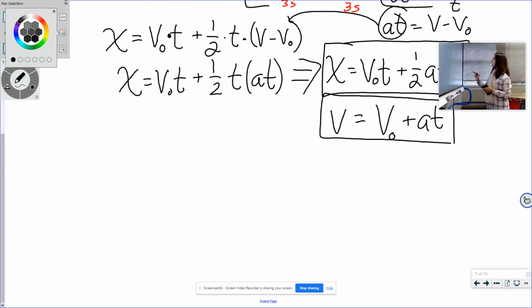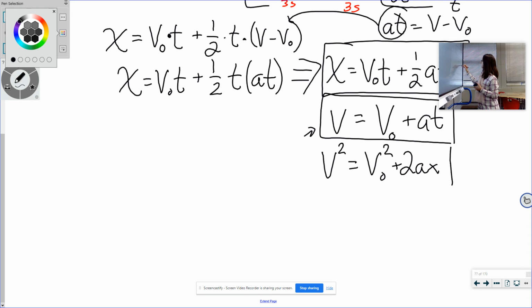Now there is a third formula, and the third formula does this. You take the second formula and you rearrange that to solve for t. And then you take t and substitute it in to the first formula. When you do that, you're going to get the following formula. V squared equals v naught squared plus 2ax. The convenience of this formula, of course, is that this formula allows you to solve for velocities or distances without having to worry about the time piece. With these three formulas, we can solve any kinematics equation that we're asked, as long as we have 3 of